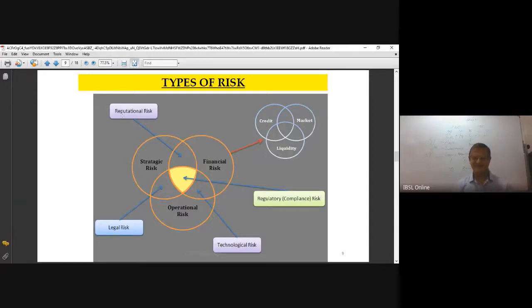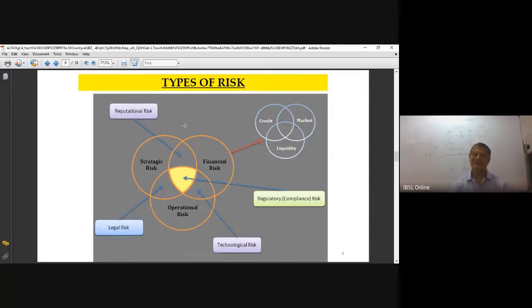Banks allocate a lot of funds for this, because you have to deal with your competitors and you need to keep your corporate image going. You do a lot of advertising. Banks have a huge marketing budget to maintain their corporate image and public confidence, and to give a fair knowledge about the products in the bank's markets, so that you can attract customers to do business with. Then the circle on the bottom, I have put as operational risk.